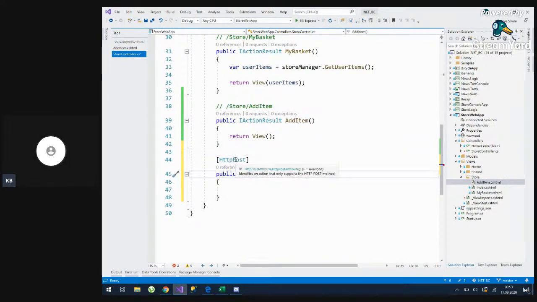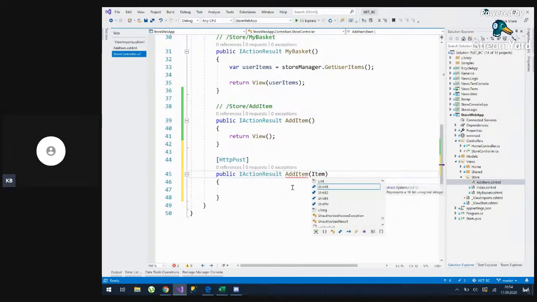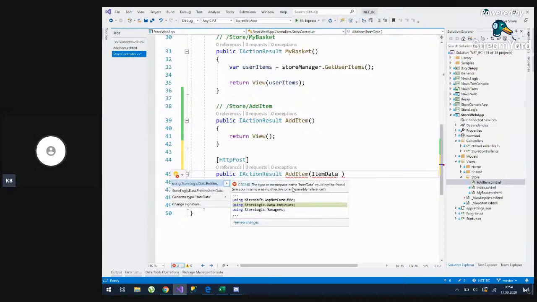And when information is posted, we need to receive and process this information. So this method will be called with item data. And let's add using